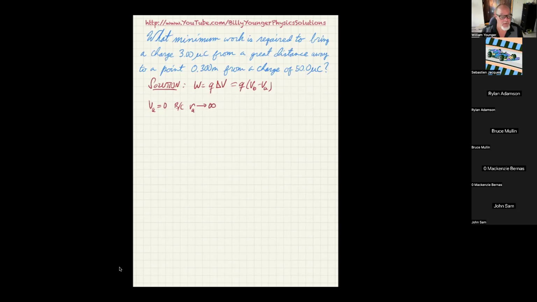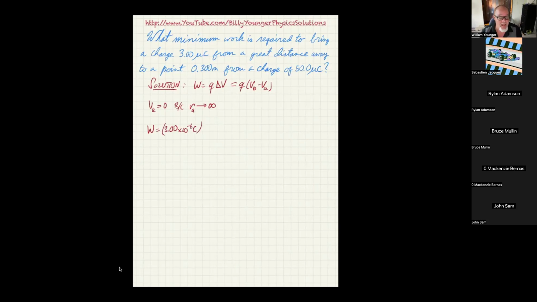So that's one way we can think about it. Therefore, I can calculate that the work done would be equal to the charge, which is 3.00 times 10 to the negative 6 coulombs,